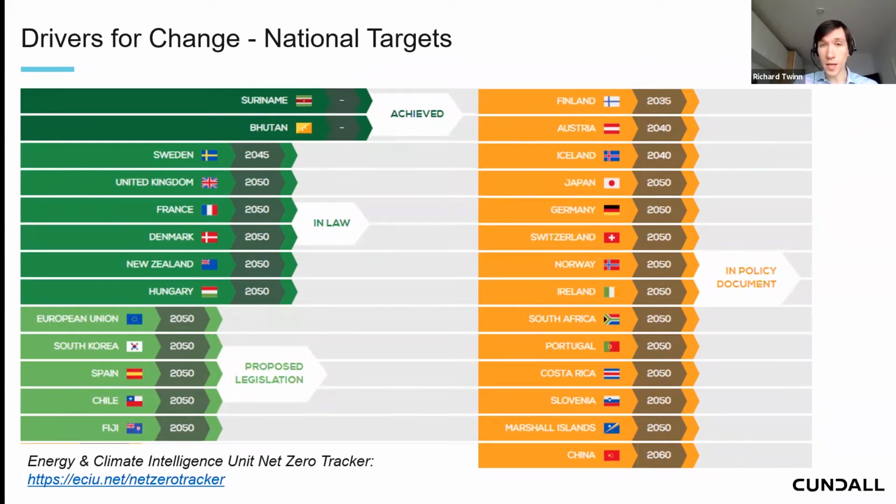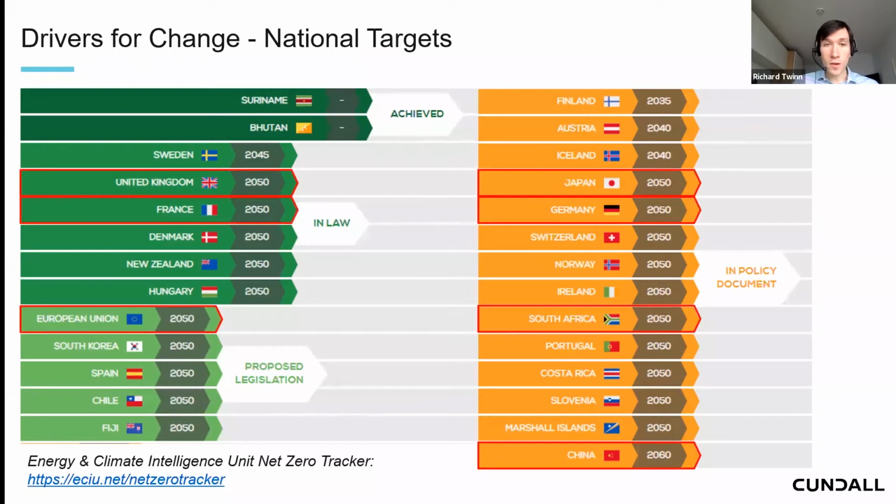So the UK became the first major economy to set a net zero carbon target 2 years ago, closely followed by France. And so far, there are 7 of the G20 that either have targets in law or they are looking at developing them. They have them in a policy document. And you'll see down at the bottom there, China is a very conspicuous one, which has just been added to